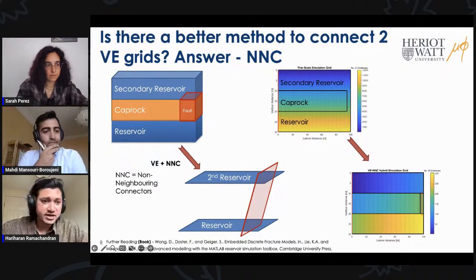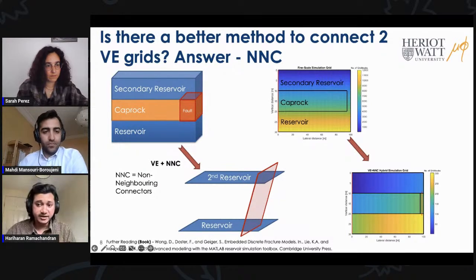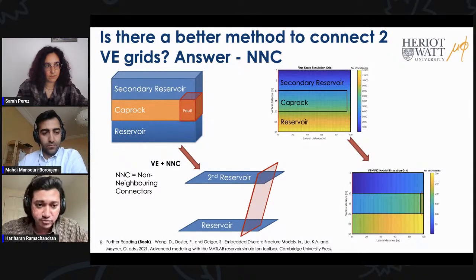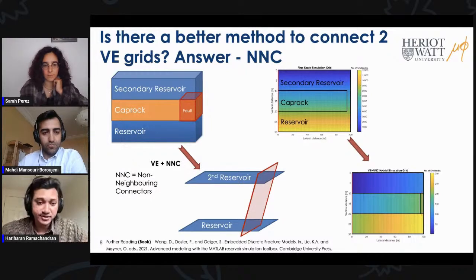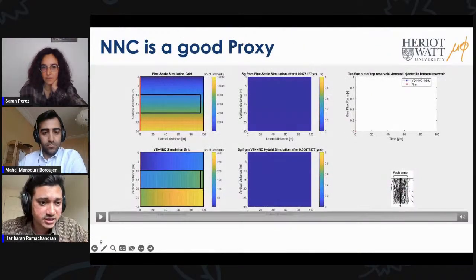So now both the reservoirs from the previous grid are represented as a VE grid as shown over here. And instead of the fault blocks, these 2 VE reservoirs are connected using a 2D vertical plane, which is treated as a non-neighboring connector or NNC, as shown by the red plane over here and a red line in this illustration. The grids are then coupled to each other via source sink relations, and we use a transfer function to transfer the fluxes between the VE grid and the non-neighboring connector grid. The key point to note over here is that we are now treating this fault leakage as a fracture network scenario, and not as before, where the flow was happening through a damage zone. So I can show you the gas saturation evolution for this result.